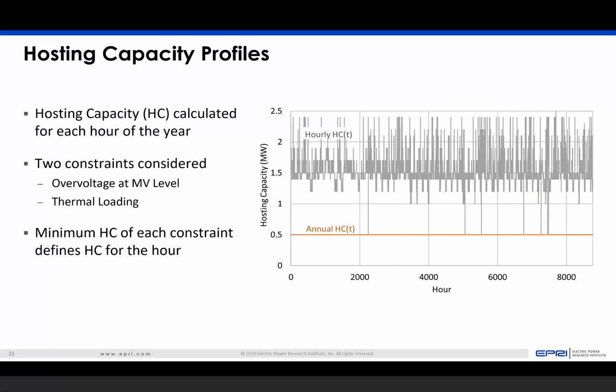Typically, when hosting capacity is used, you choose the minimum hosting capacity or the worst case scenario, or you look at the min load and max load. In this case, you really do need to look at the time varying hosting capacity across a full year. That is really an essential part to actually calculate the amount of curtailment over the course of the year.